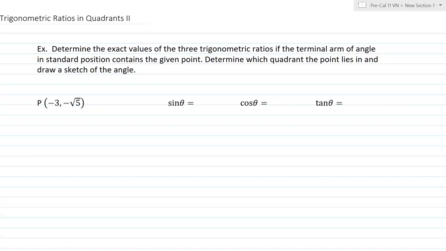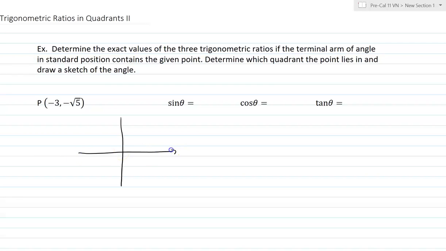All right, hello again. So today we are going to continue working with trig ratios in different quadrants. This is part two. So here's an example. We want to come up with the exact values of these three trig ratios given this condition. And the condition is that the point on a terminal arm is given to us. We need to find out where that angle, the standard position angle, lies, and then sketch the graph and then answer the question. Okay, the first thing we have to do, we need to draw the standard position angle, and